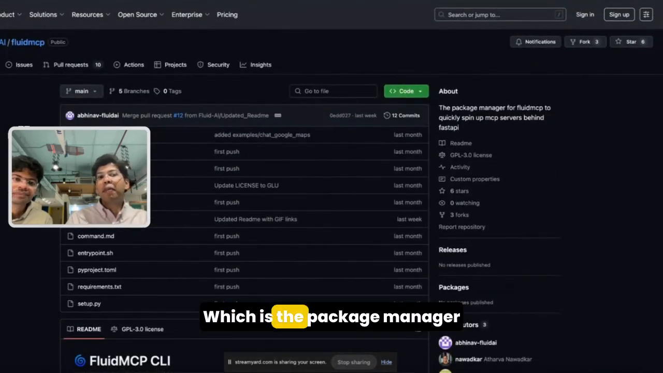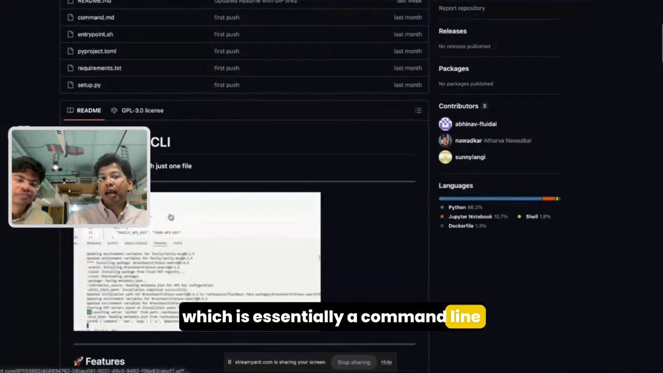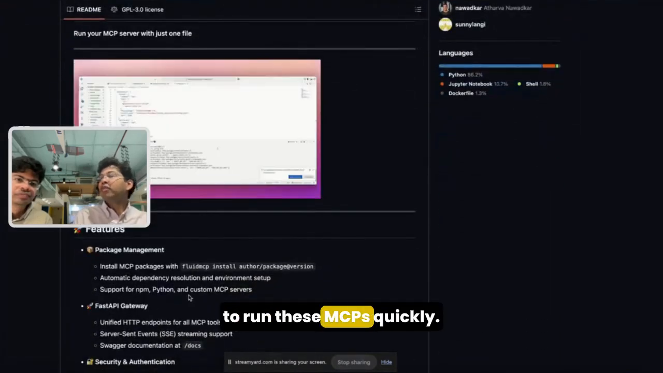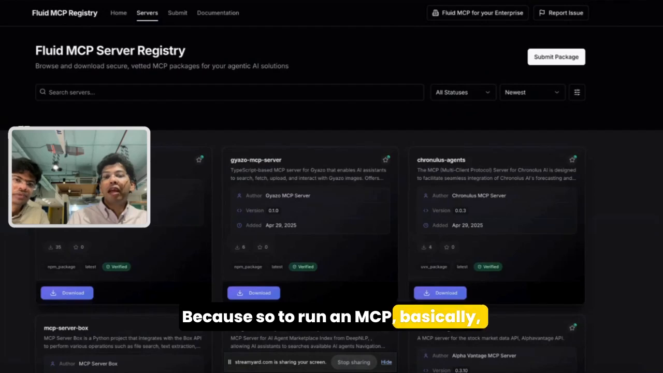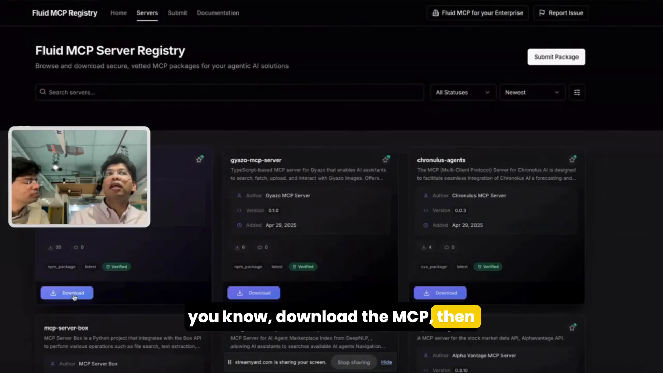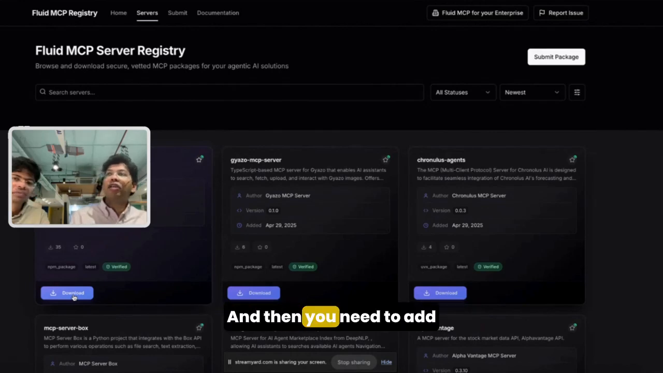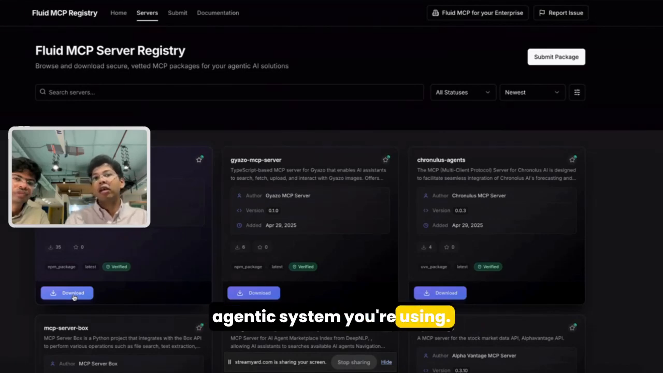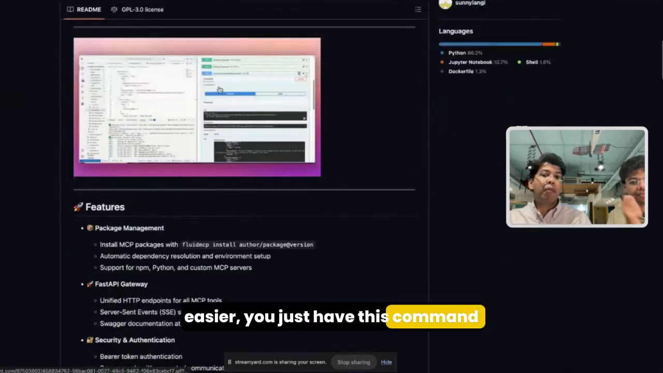Which is the package manager part for the MCP, essentially a command line that allows you to run these MCPs quickly. Because to run an MCP, you need to download the MCP, then figure out the right command to run it, and then add that MCP to whatever agentic system you're using. But to make that whole process easier, you just have this command line package,